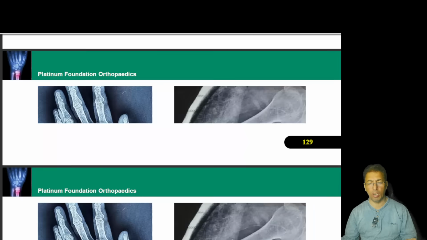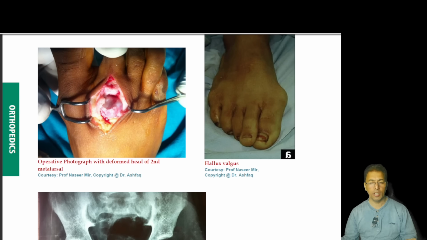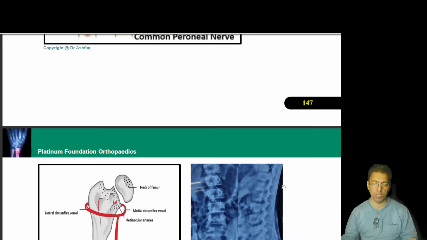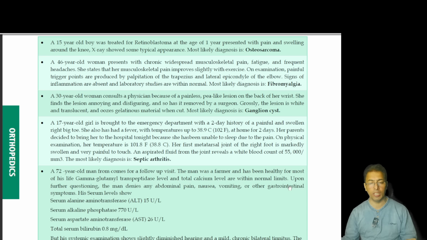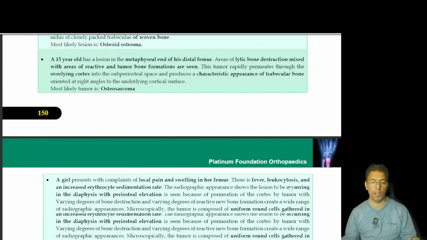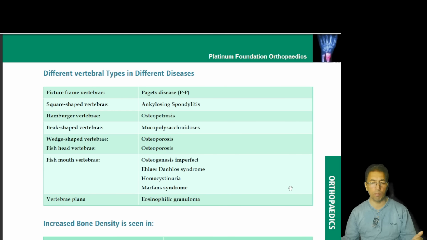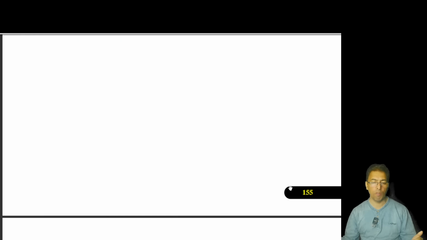We did not stop it only over there, as you can see. It's all given there along with the orthopedic correlates, some rare conditions, some common conditions, some MRIs, some PETs, some well-drawn artistic diagrams, and then orthopedic clinical scenarios: how an orthopedic surgeon encounters a clinical scenario, and how we arrive at a diagnosis. Things like those important points are condensed, all those things which are very, very important from an orthopedic viewpoint.